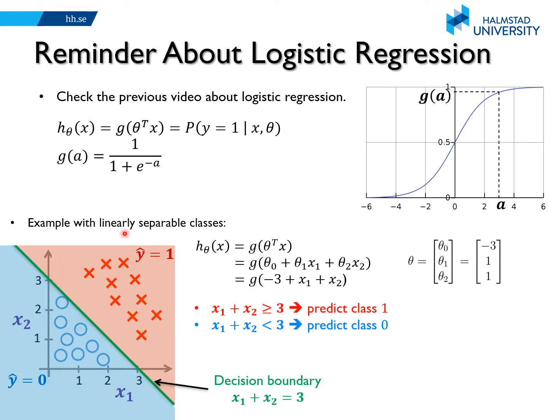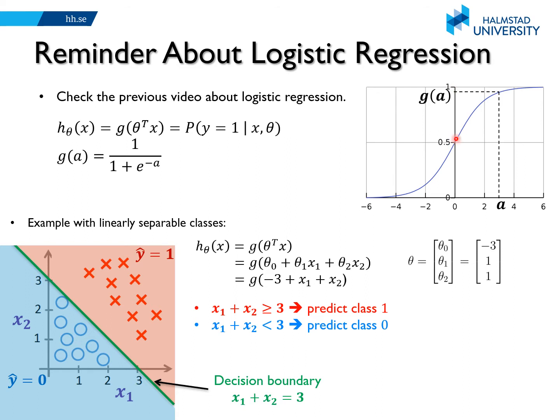We also saw in the previous video an example of two classes which are linearly separable. So they can be separated with a linear model, or a line in this case. So if this is our hypothesis function, h of x equals g of theta transpose x, and we are given this parameters vector theta, so theta 0 equals minus 3, theta 1 equals 1, and theta 2 equals 1, then this is our hypothesis function. And if this part here, theta transpose x, is positive, then the hypothesis function will give us a value